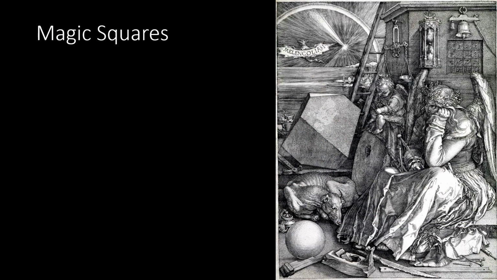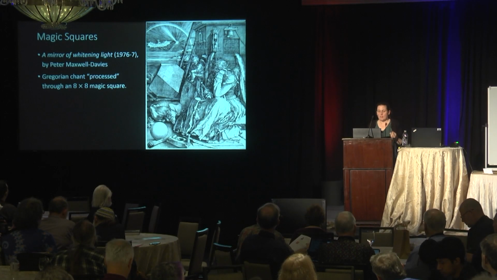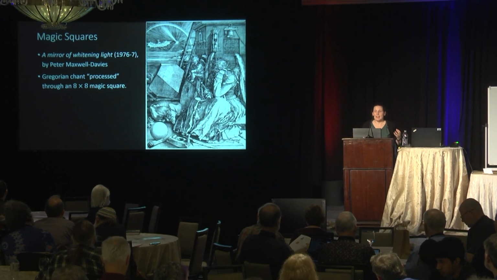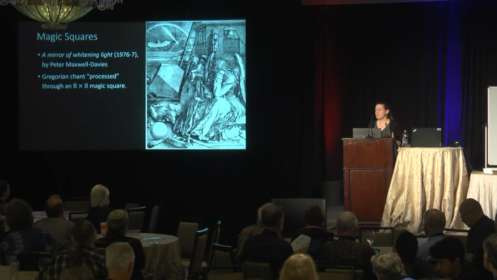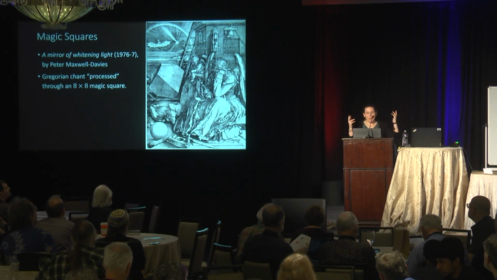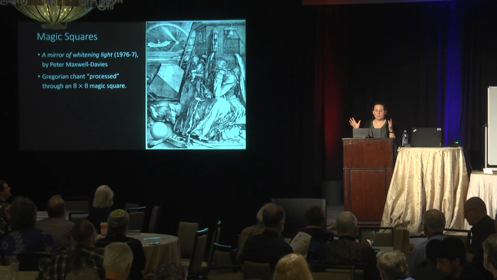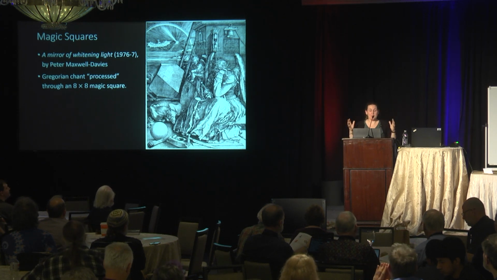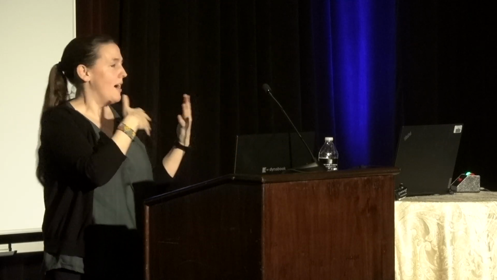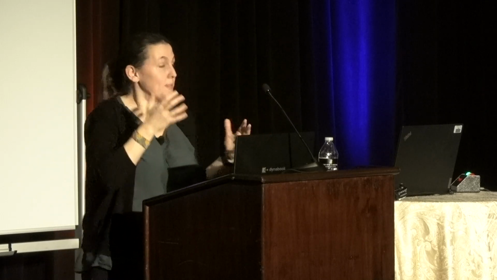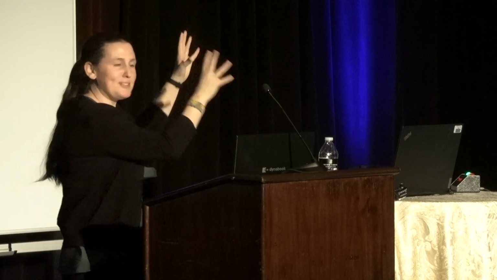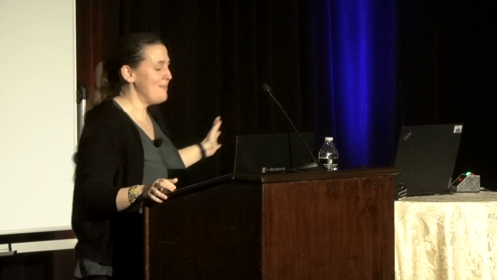The British composer Peter Maxwell Davies used magic squares in several of his pieces. He did this thing which he called processing through a magic square. So he would take a theme, a motif. In one case, it was a Gregorian chant, a piece of ancient music, with an 8-note motif, and he processed it in a way I'll describe through an 8x8 magic square, the magic square of Mercury, he called it. I'm going to show you this idea, but I didn't want to have such a huge square. So I thought, okay, I'll use my favorite magic square, Dürer's magic square.